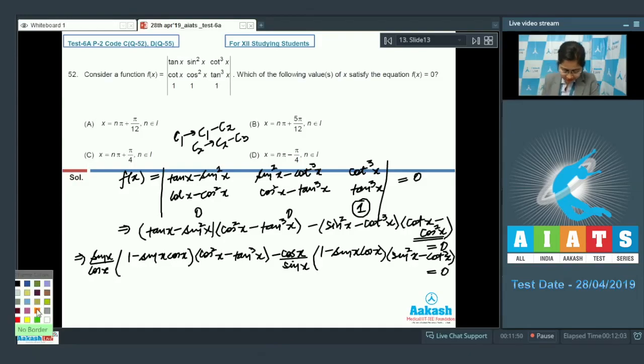Now here it can be seen that these two are common in both. So either 1 minus sin x cos x is equal to 0,